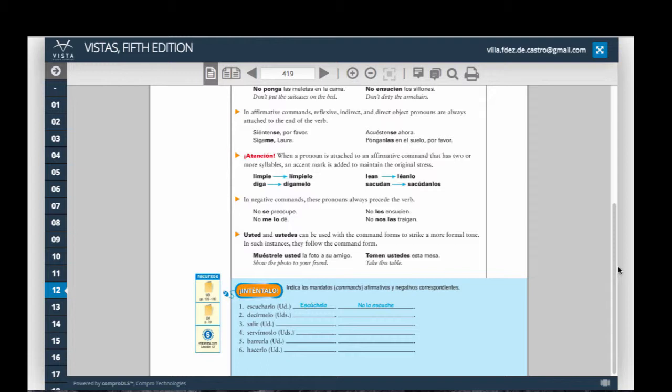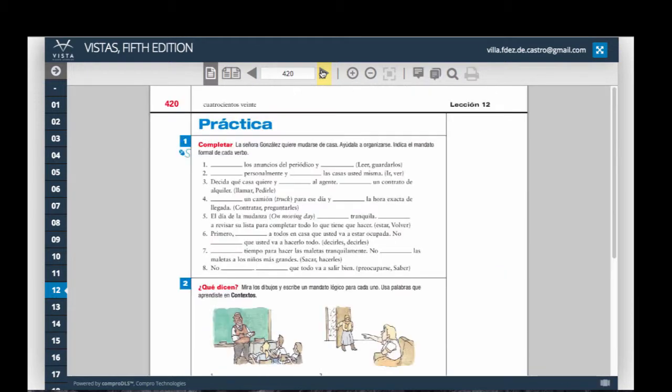Please be ready for this because there will be an exercise in the test in which I will ask you to use either formal or informal commands. And I'll give you a situation with a picture, with a person, and I'll describe what the situation is, and I will ask you to give this person commands to help him with his problem. So you're going to have to write. There's going to be a writing exercise.